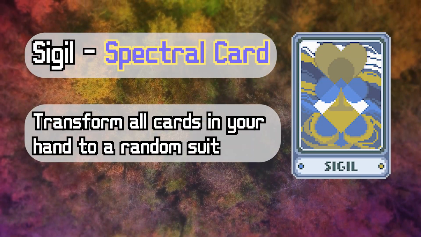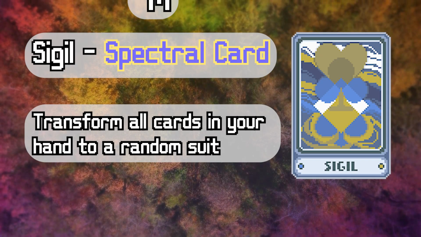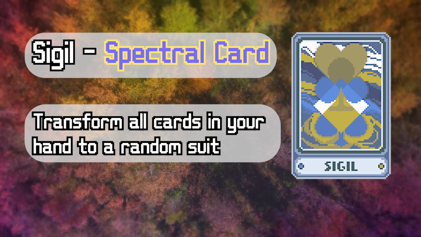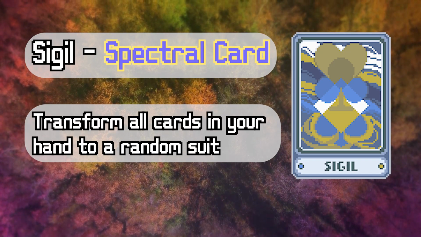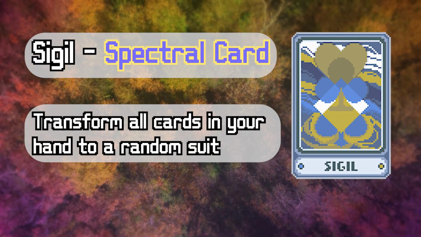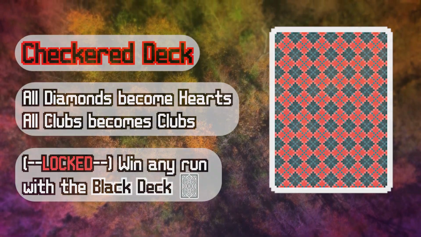The Spectral card Sigil will transform the revealed hand into a random suit. It might be useful to help direct your suit selection if you find it early enough and haven't yet unlocked any of the other jokers. Otherwise, it has a 3 in 4 chance to undo your progress. Use wisely. The last thing to mention is if you're willing to unlock the checkered deck by winning any run